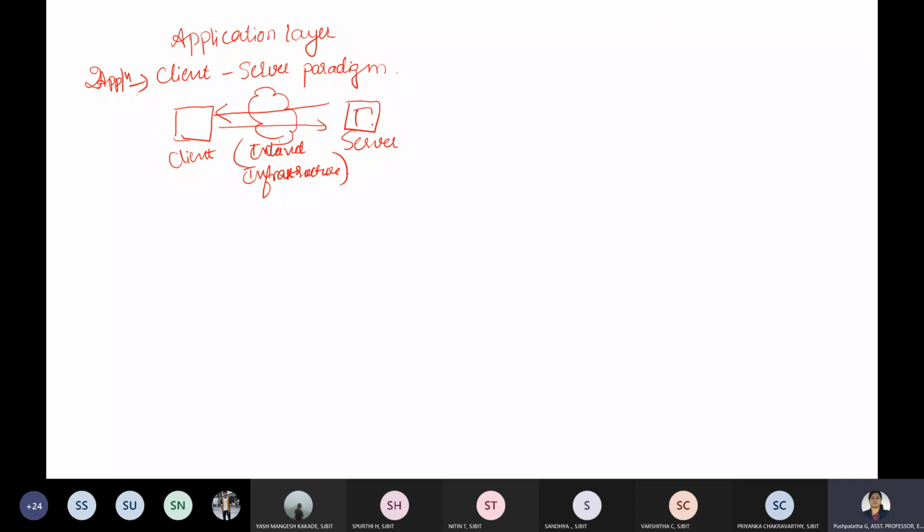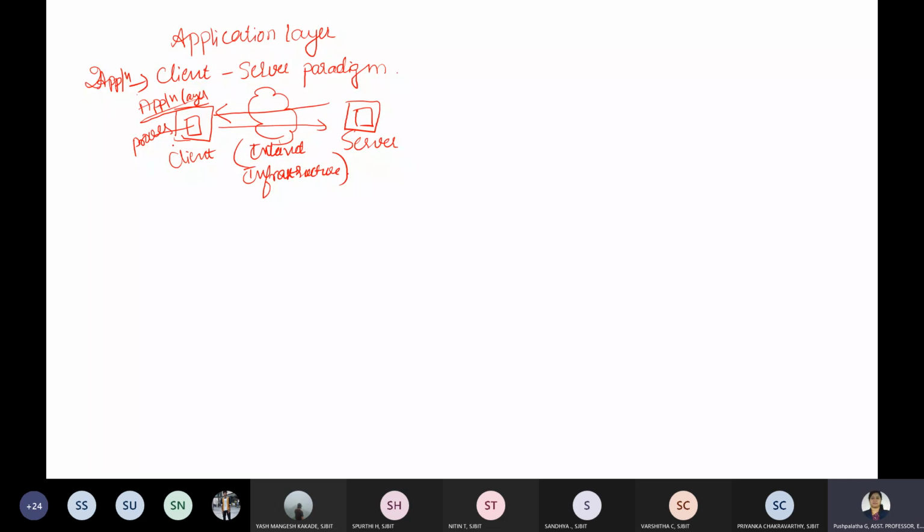We'll talk about the process at the application layer. Don't bring in transport layer concepts here. It is linked, but right now we are talking about the application layer, where we talk in terms of processes, our different applications.